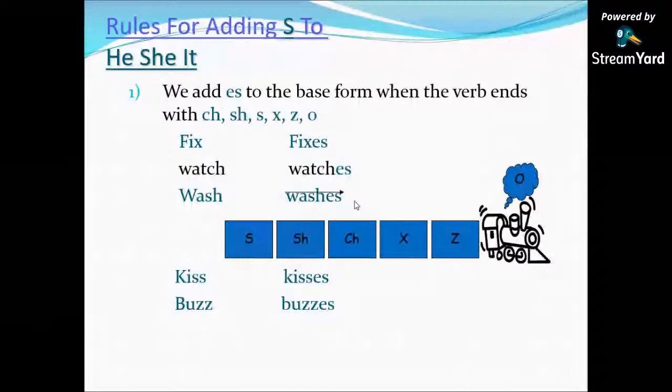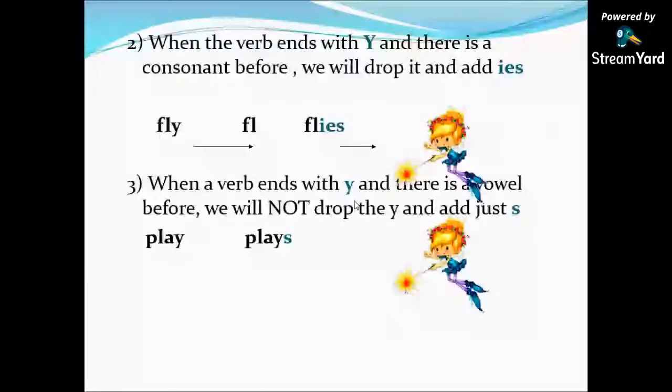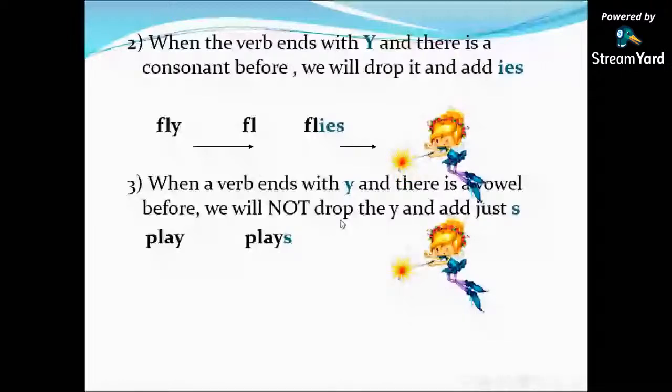Then, when the verb ends with Y and there is a consonant before the letter Y, we're going to drop it and we're going to add IES. For example, in the verb fly, we have